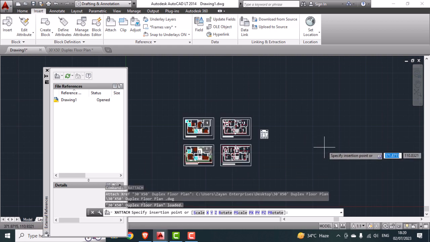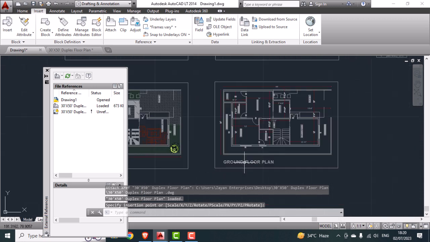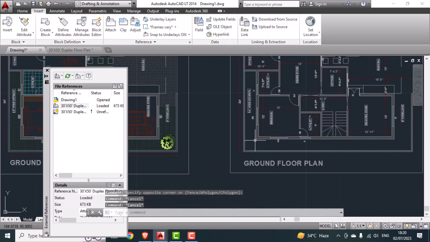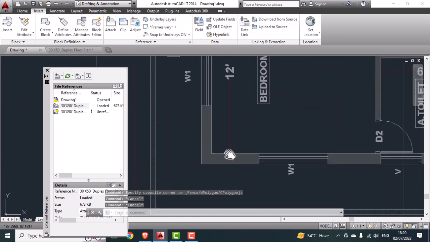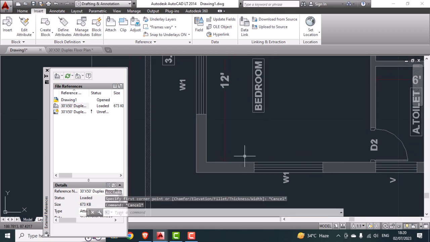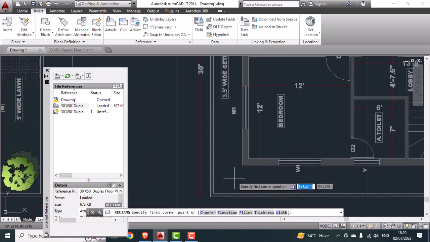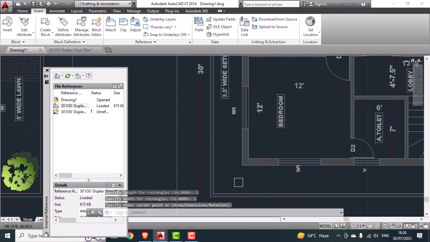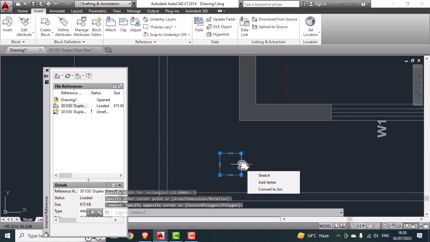Click where you want to put this drawing, and you can see this is not an AutoCAD object right now. We can use this drawing for our reference. As an example, I'm going to add some columns. As I'm adding some columns,